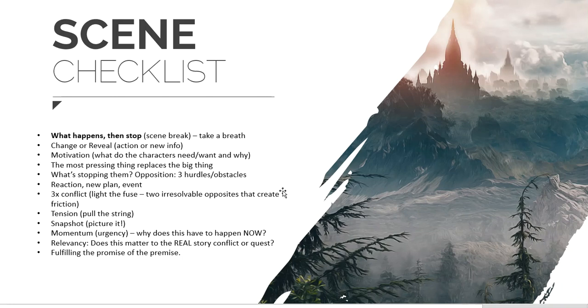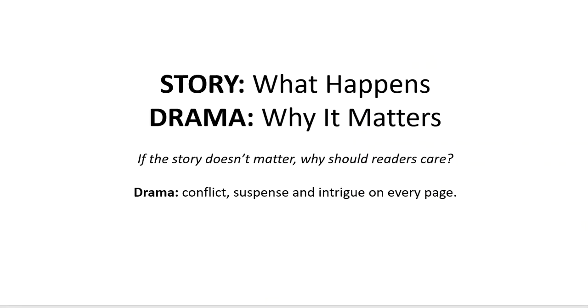So this is a lot of work to go through for every scene. And there are very successful writers who don't do this stuff, and they don't do all of the plotting that we did earlier. But the difference is they definitely have a lot of drama, which is conflict, suspense, and intrigue. So they might have a lot of conflict between characters that seems really natural, or conflict in the world. It's possible to tell a story with a lot of conflict, suspense, and intrigue,